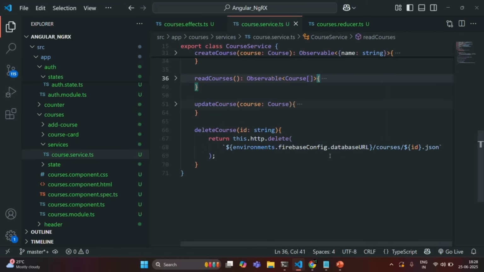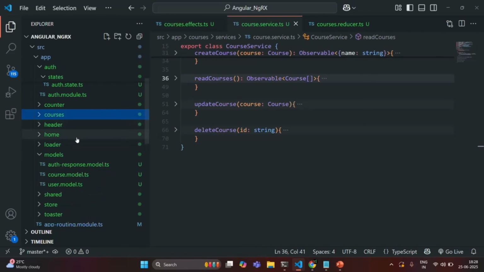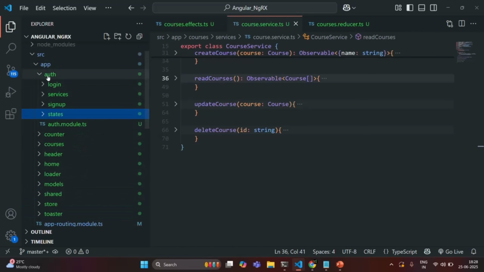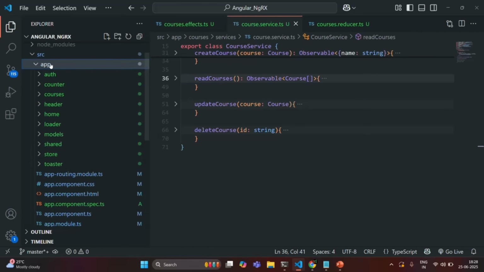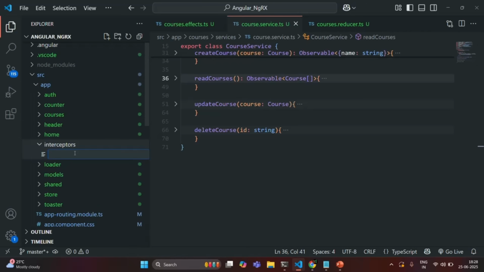So instead of doing it one by one for each of these requests, what I'm going to do is I'm going to create an interceptor. So what we will do is in this app folder, I'm going to create a new folder and I'll call it as interceptors. And inside this interceptors folder, I'm going to create a new file and I'm going to call it